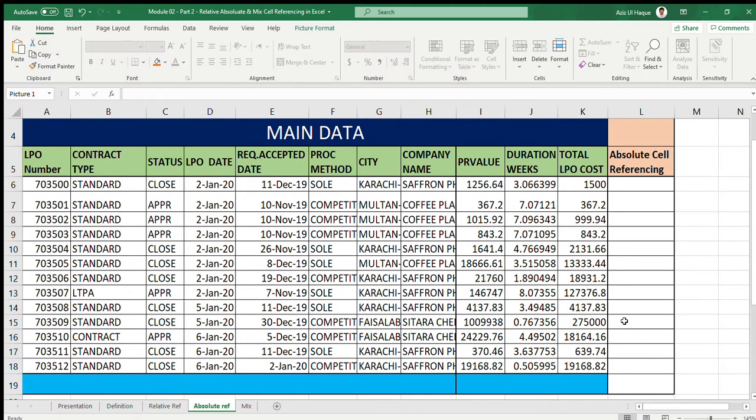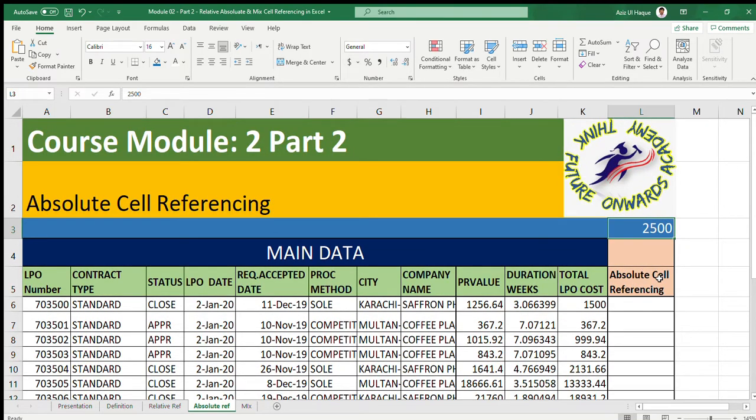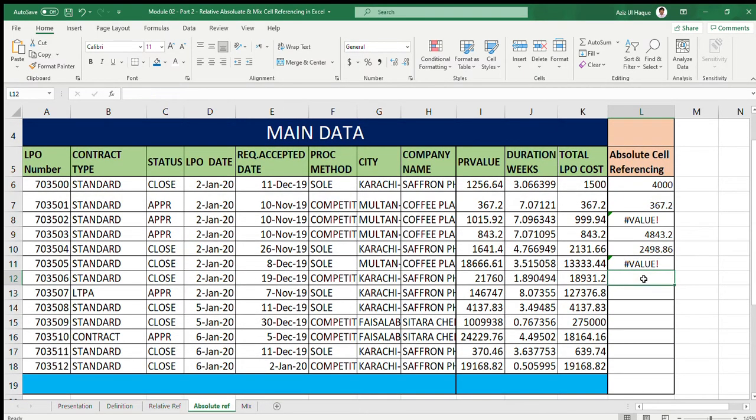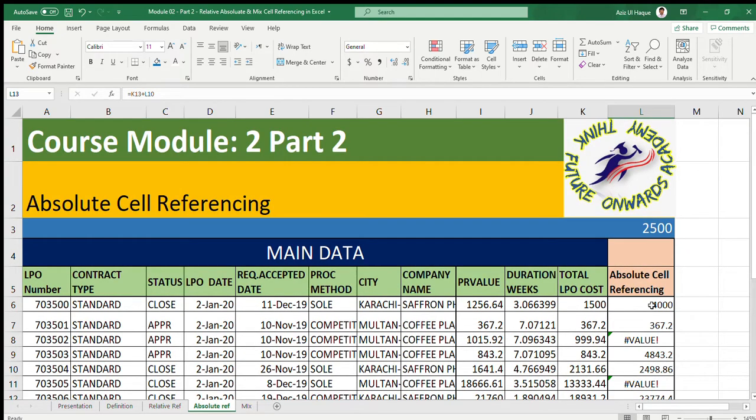See, absolute, what happens? For example, I want to add a certain value in it. I am going to select this one plus this value. Now I am going to add it. See what will happen. You will start receiving the error values. Why? Now we will see the behavior. See here, the red is L3 now, in it here L4, in the next one L5. So what happens? It is changing the cell information.